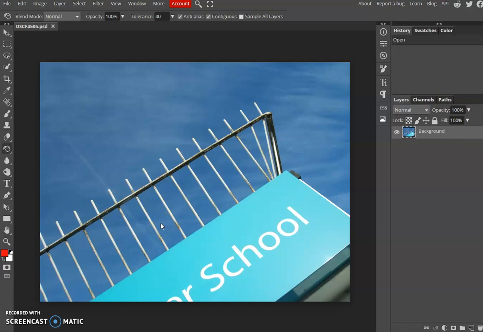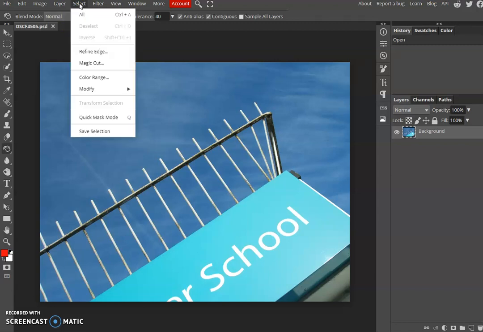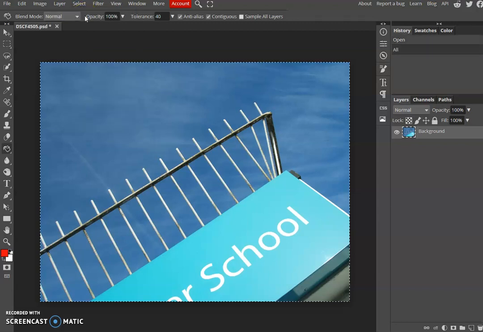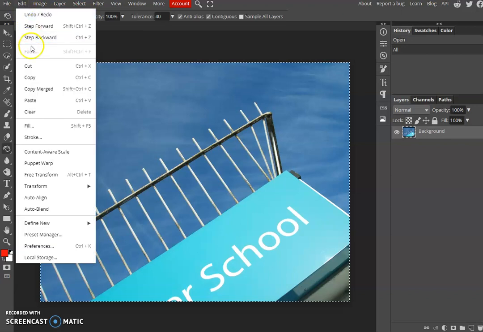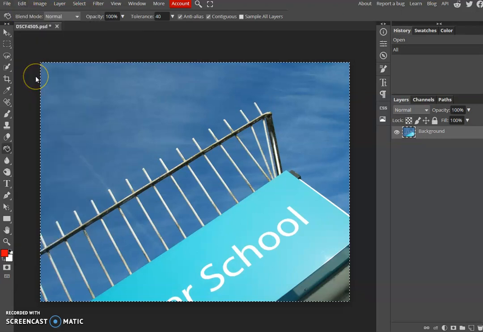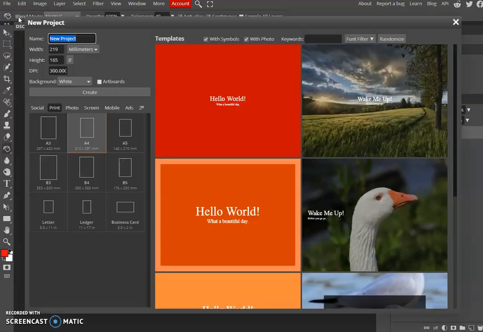So there are a few different steps to this. First of all, open it up, and you need to select and copy the image. So you go up to the top of the screen, go to your select menu and select all, and then you go across to edit and you copy it. What we're now going to do is create a new file, which, because we've copied it, will open up with the exact same measurements. So if we go to File and New, and just press Create straight away,